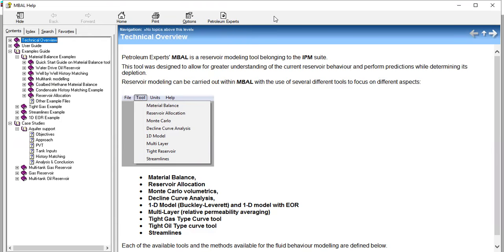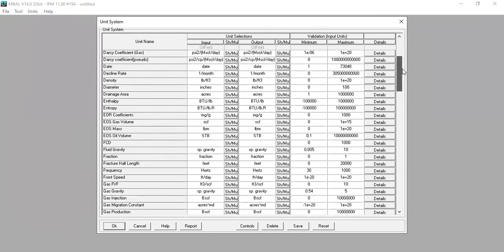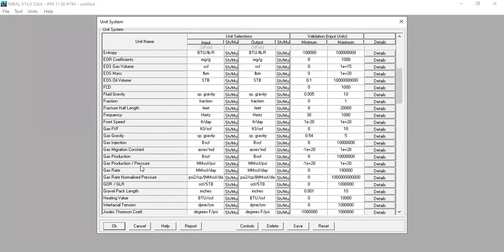Okay. We close. If you want to adjust the units, you can change it here, Units. Okay. For example, if you want to change the gas production, here the gas production is in BSCF, billion standard cubic feet.